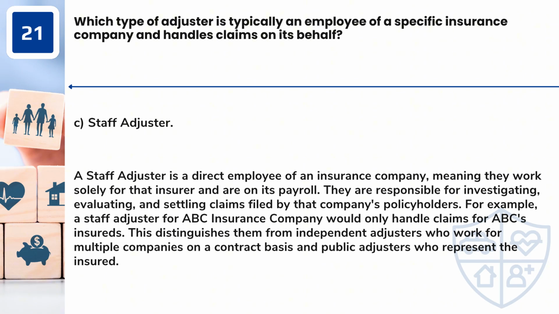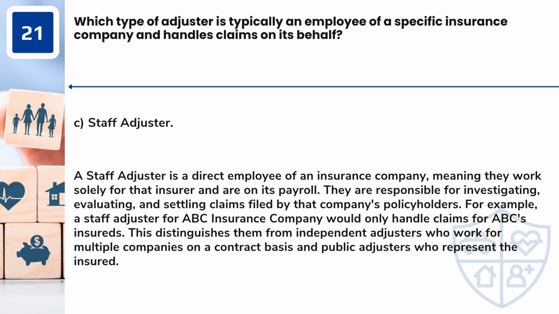Answer: C. Staff adjuster. Explanation: a staff adjuster is a direct employee of an insurance company, meaning they work solely for that insurer and are on its payroll. They are responsible for investigating, evaluating, and settling claims filed by that company's policyholders. For example, a staff adjuster for ABC Insurance Company would only handle claims for ABC's insureds. This distinguishes them from independent adjusters who work for multiple companies on a contract basis and public adjusters who represent